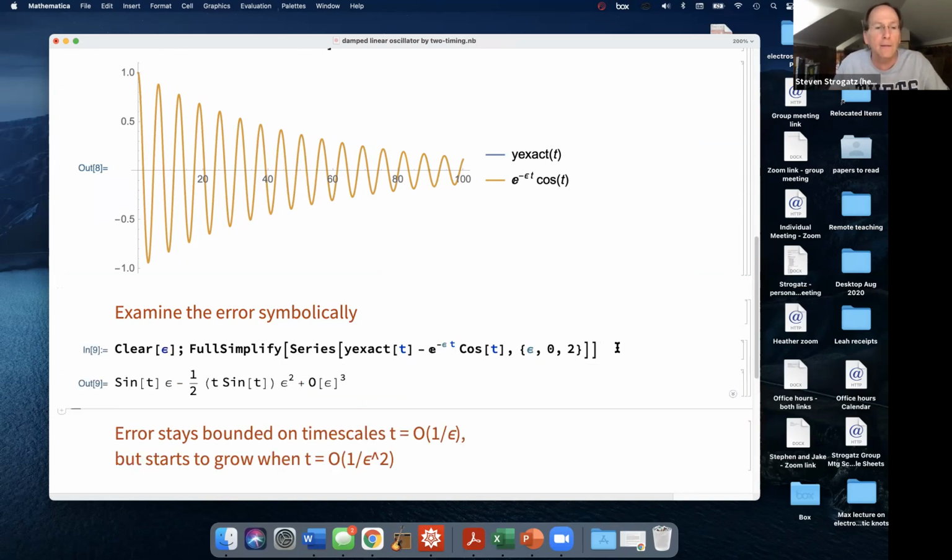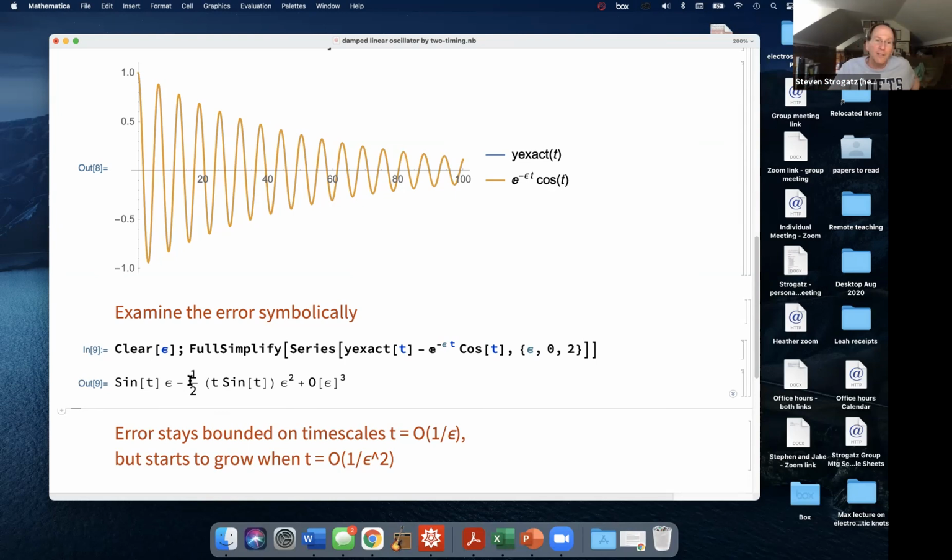If I do that, I get this interesting result, which is that the error between them is proportional to epsilon. We are making an order epsilon error. And that's because I didn't write down the order epsilon term. Remember, I didn't write down epsilon y1. I could. That would take care of this error. But we're not surprised to see an order epsilon error, and still, this is a small error because epsilon is small and this term is bounded. So even at long time, this term does not cause us any trouble.